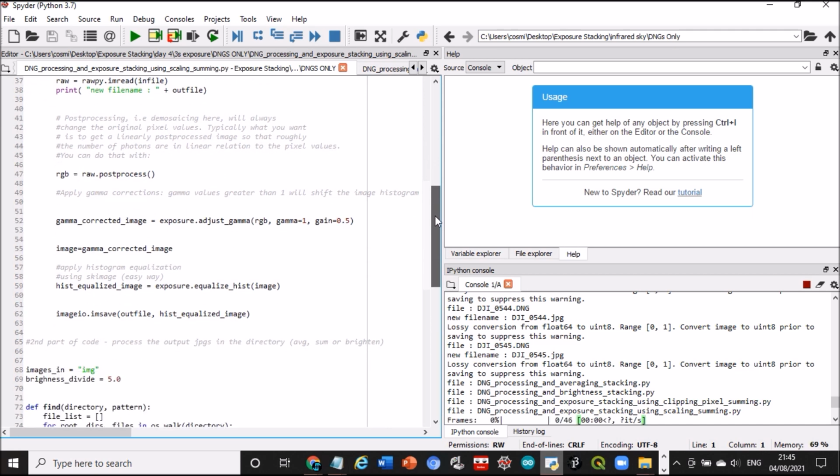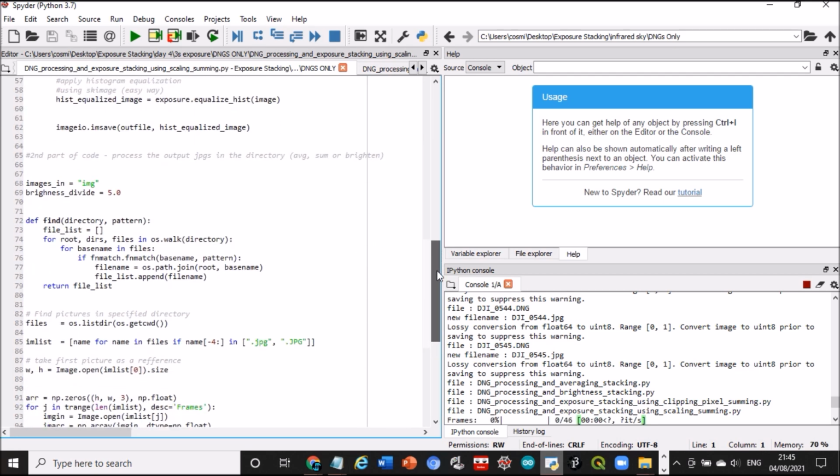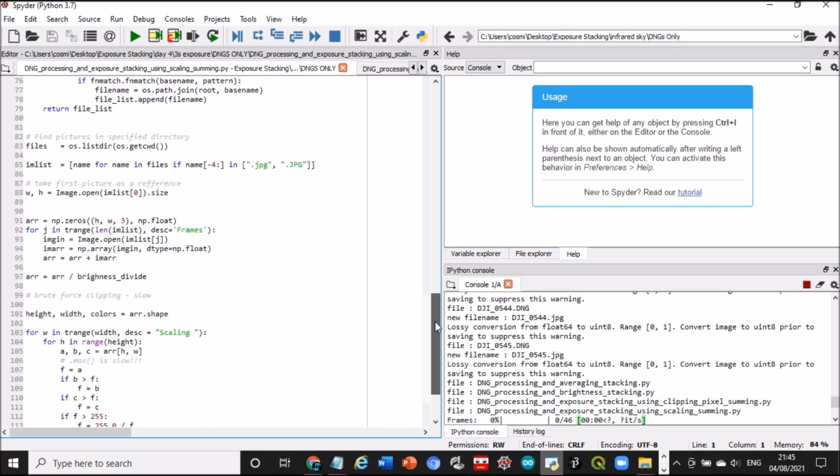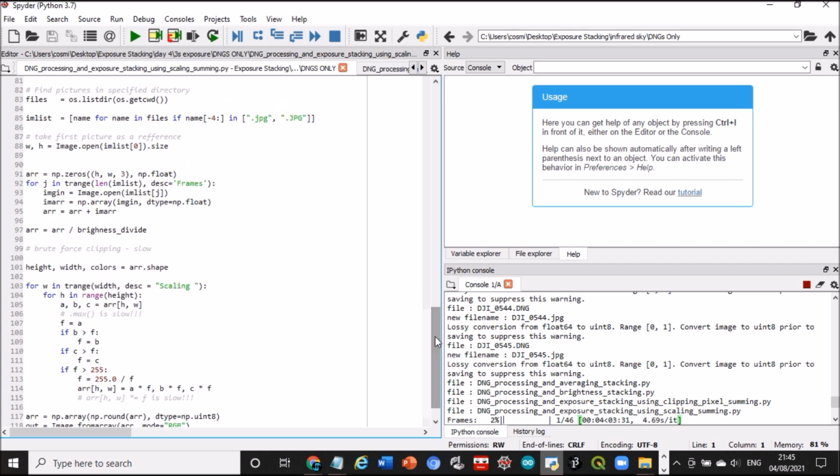So you can see here in this section of the code, the JPEG images are going to be searched in the directory, and all of the individual frames are going to be stacked together. So we can see here the frames. I have a progress bar on the code as well to show you the progress as it stacks all of the images. So it has 46 images, so that's treating it as 46 frames, and